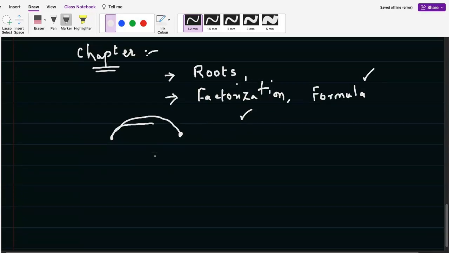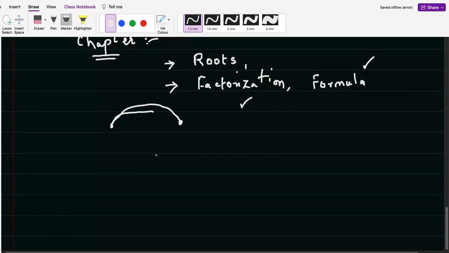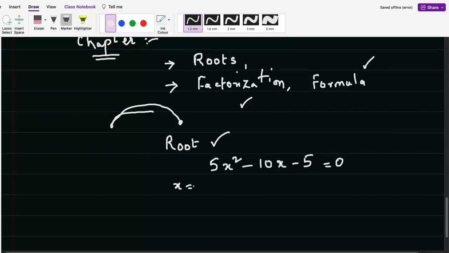Okay, so one more important thing I wanted to cover here before we end this video is: what is a root? A root means a number which satisfies a quadratic equation in such a way that it balances the equation. For example, if this is our equation, 5x square minus 10x minus 5 equals 0. So if I put 1 in the place of x, if x equals 1, then